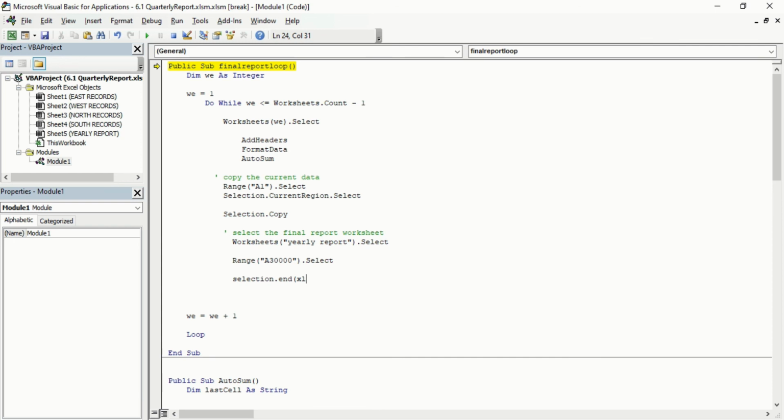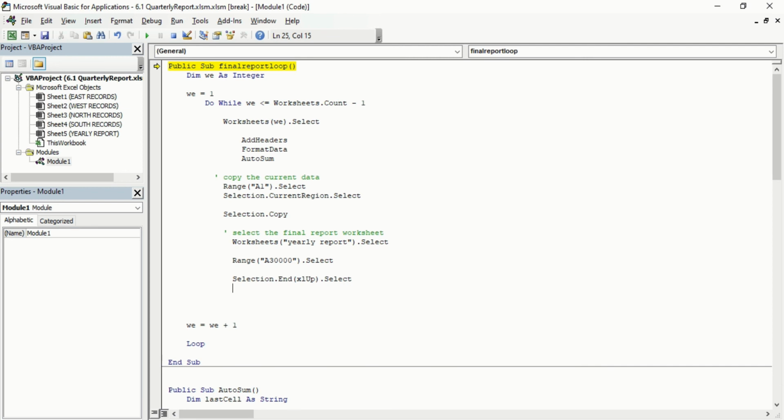Now it is coming from the lowest point in the Excel up to the highest. That means it is checking from the lowest point upward until data is present, and it should paste below that data. And again we will use dot select.